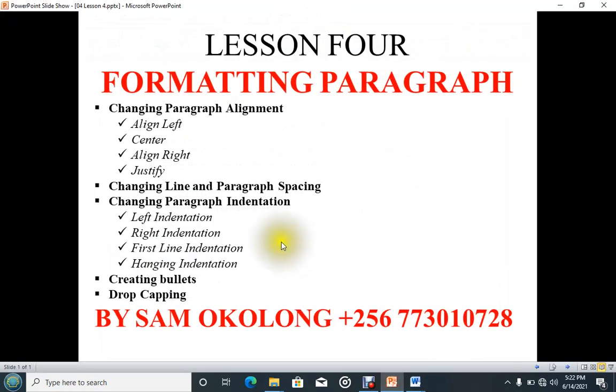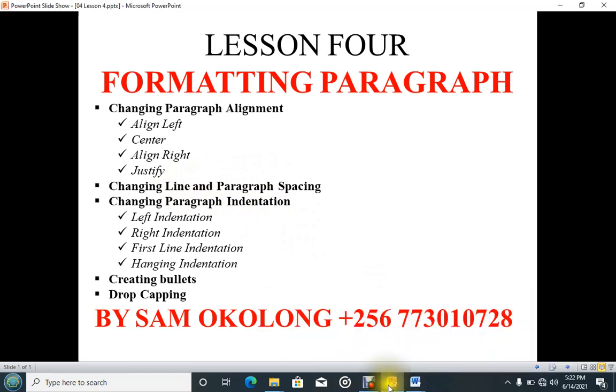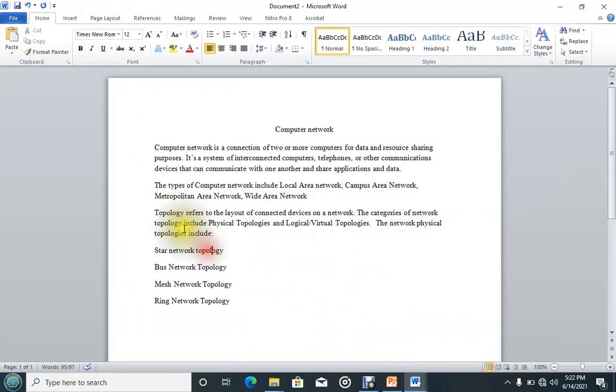Then the other one is changing line and paragraph spacing. We can change the gaps between these lines here, and we can also increase or decrease the gap between the paragraphs. So this is a paragraph, this is another paragraph, this one is also a paragraph.